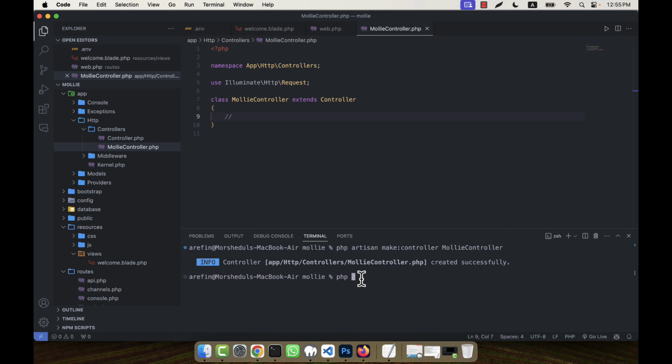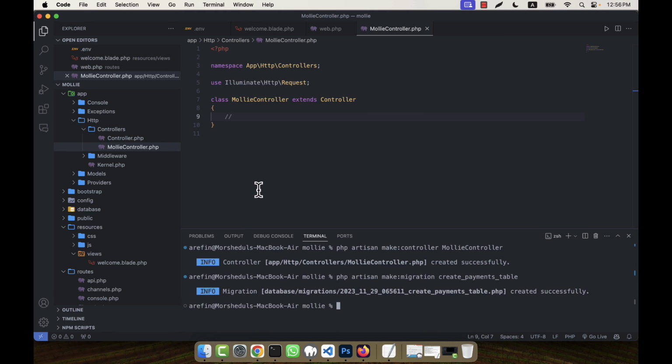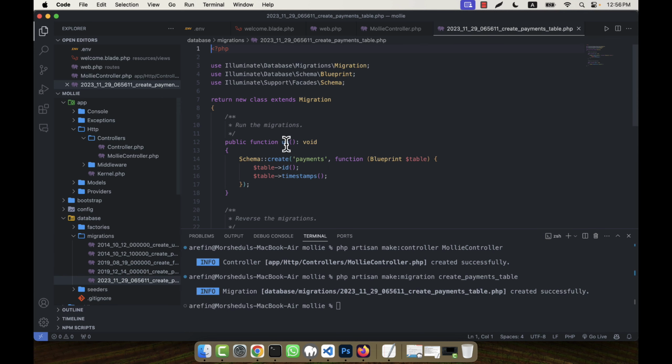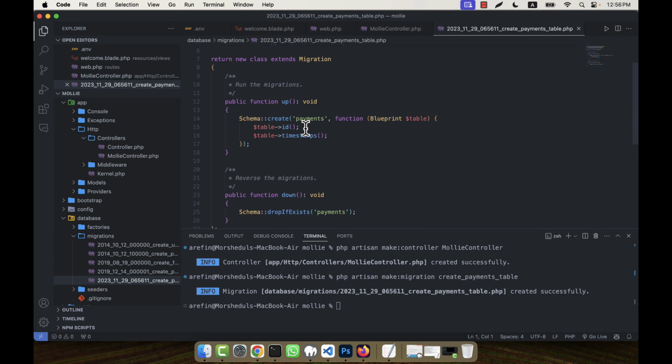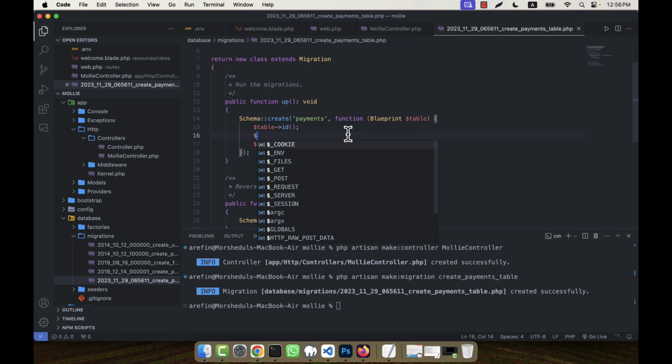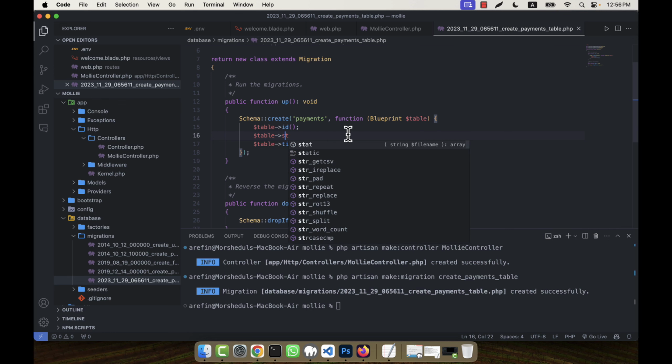So php artisan make:migration, and then I will have to create a migration file. For example, the table name will be payments, so create_payments_table. A migration file will be created in database/migrations, and in the bottom you will see this is the migration file, and here in the schema I am going to write the code to create the